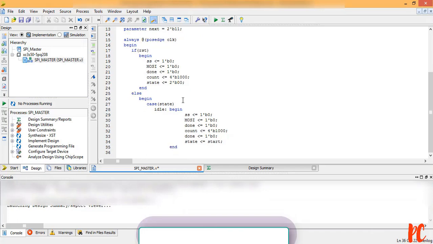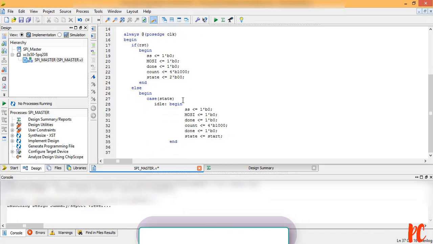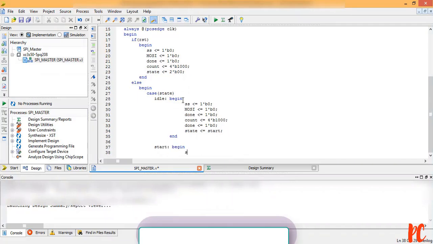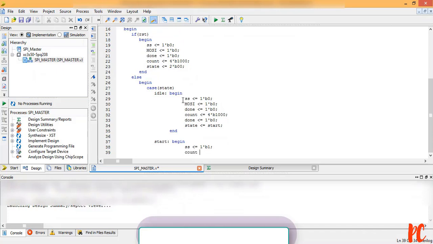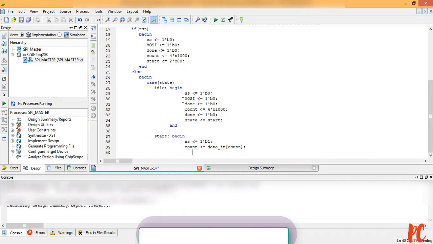Now let me give my second label. Start, begin. This is my second state. Slave select 1'b1. Here, since I am going to use the count with respect to shift register, I am going to use the same logic here. Data_in of count. If count is equal to all ones,